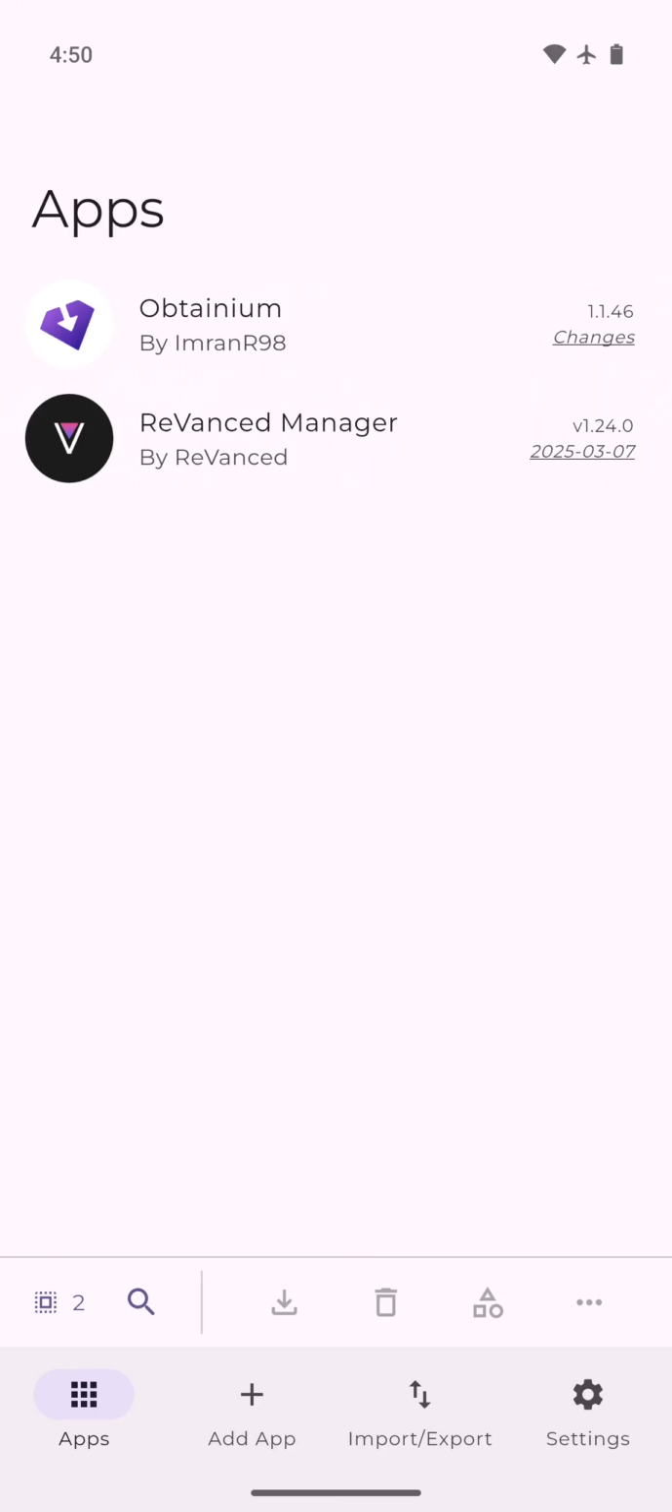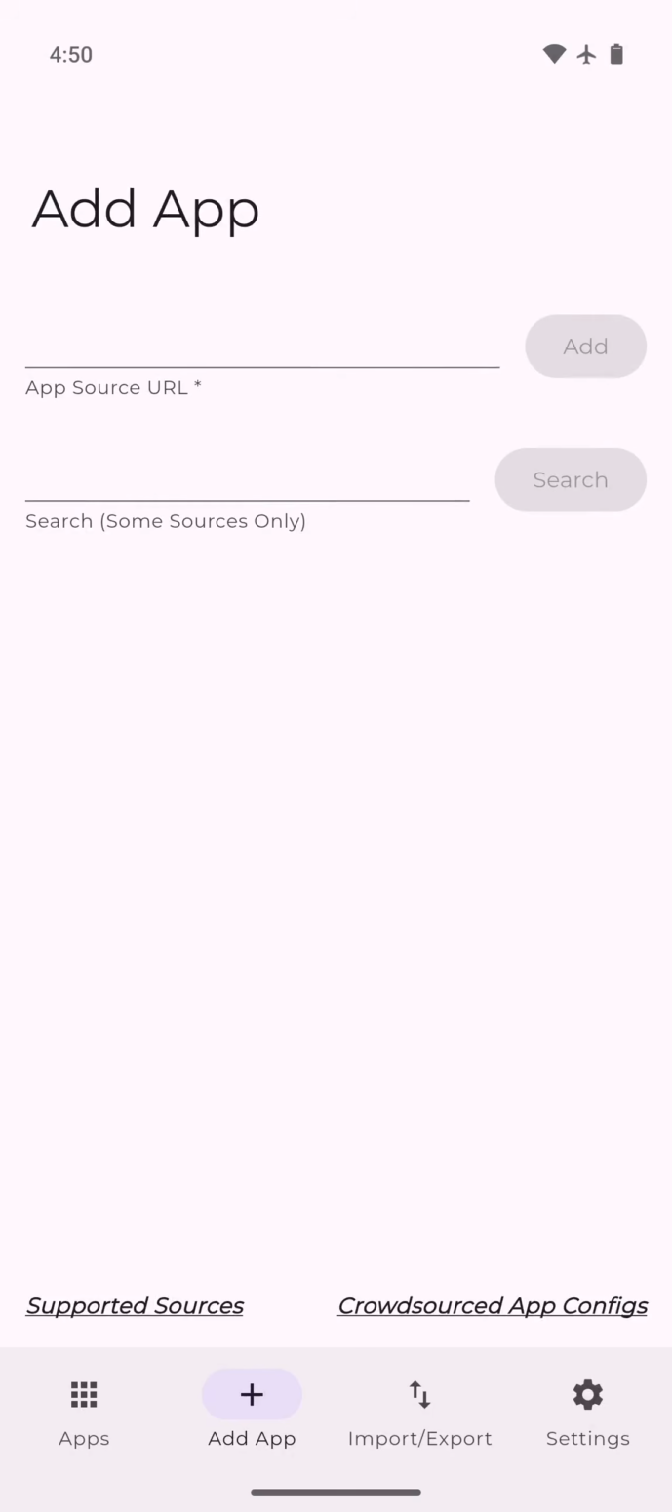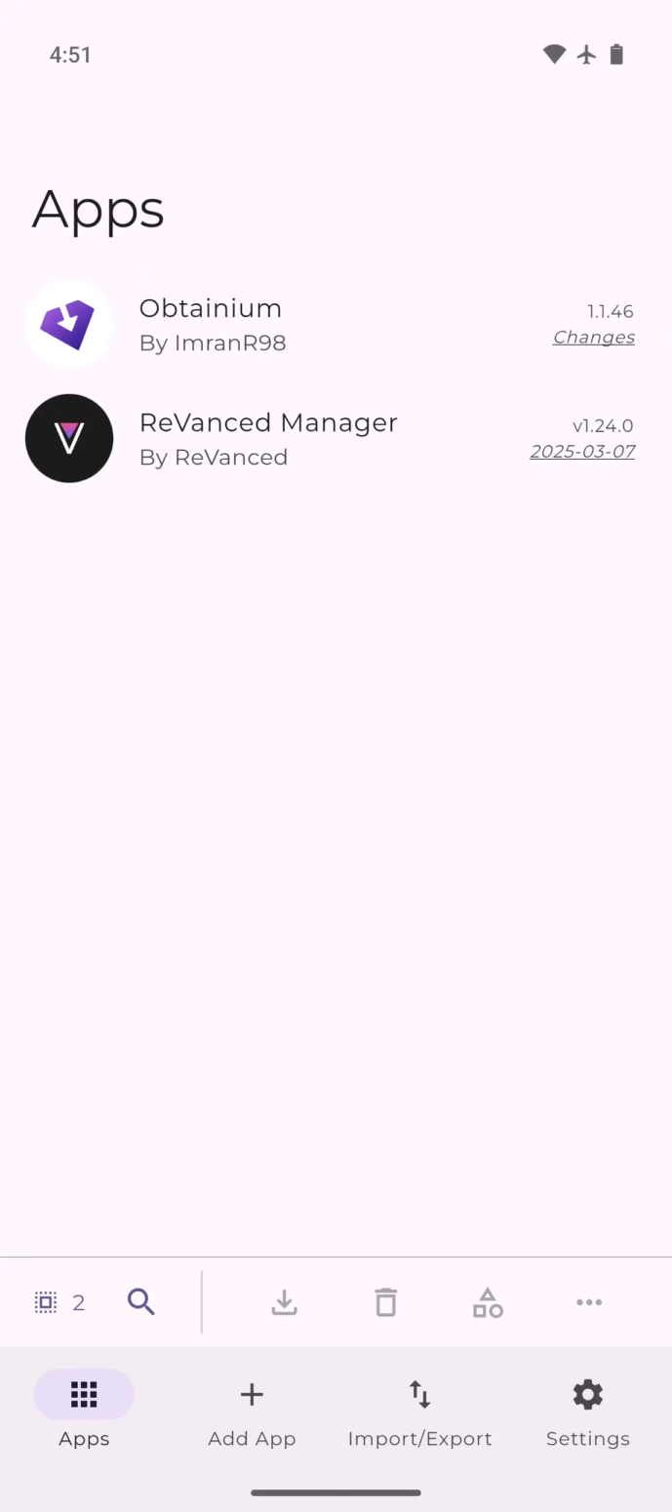Obtainium supports a lot of different source websites, as you can see if we go to the source section. But GitHub is kind of like the YouTube of open source software. It's the one big company that you can't really avoid. And to make matters worse, it's owned by Microsoft. So as you keep using Obtainium, it's quite likely that the majority of apps that you add will be from